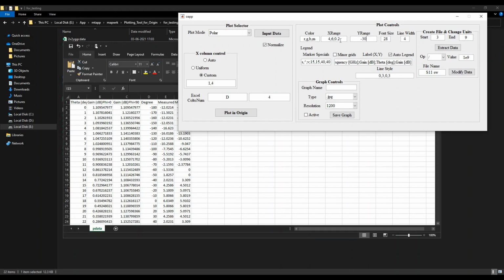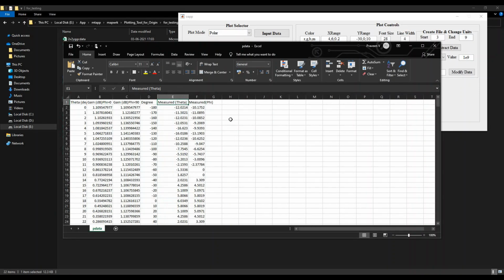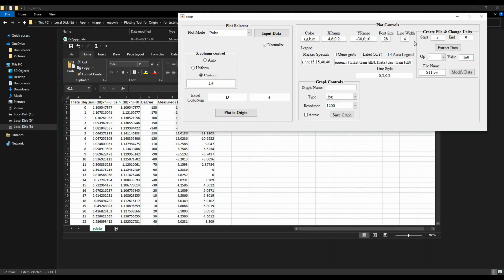And the y range will be about -30 to 0 with a step size of 10. And I will put up this auto legend thing too, and simply remove these labels with dB.